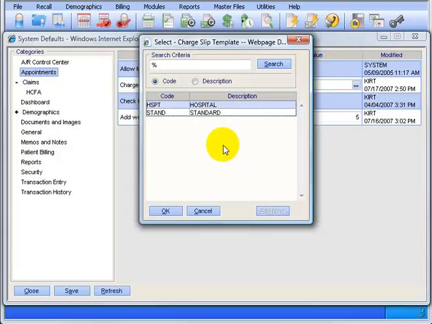But we have two superbills or charge slips. I have one that's hospital and one that's standard. By default, all new Office keys will have standard. You won't have anything else. And you'll want to watch the training video, and you'll see that later on, how to set up your charge